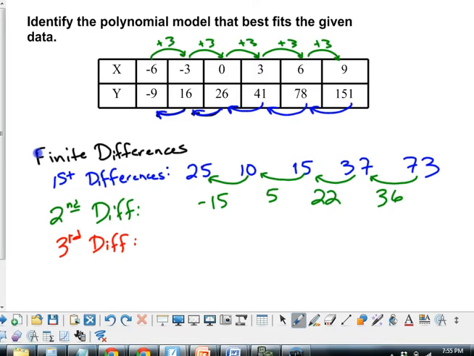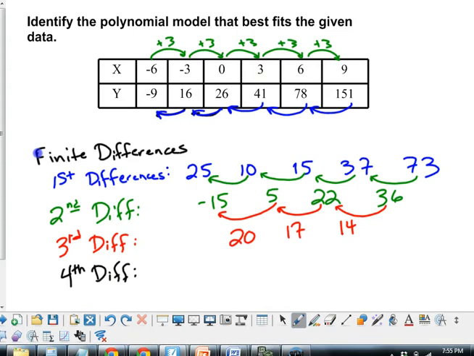Again, we'll just look at the numbers that we have in the second differences and compare those. So from 5 to -15, that is a difference of 20. 22 to 5 is a difference of 17. 36 minus 22 would be a difference of 14. So again, we don't see the same values, so we are pretty certain that we don't have a third degree polynomial here. So we'll check the fourth differences,